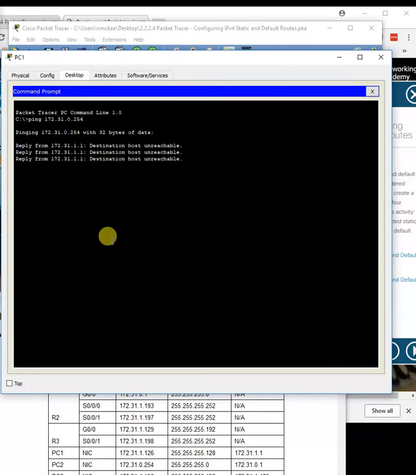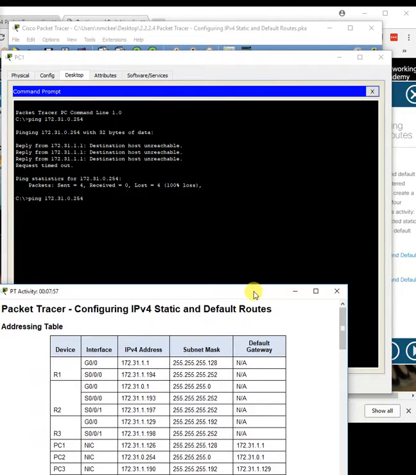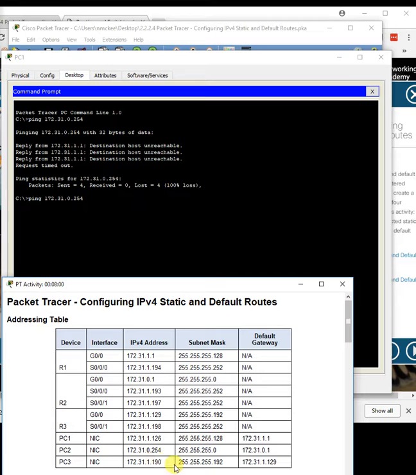Alright, can't ping those. Alright, and do our arrow up to get that command back. And let's see, can we ping this one right here? For PC3,